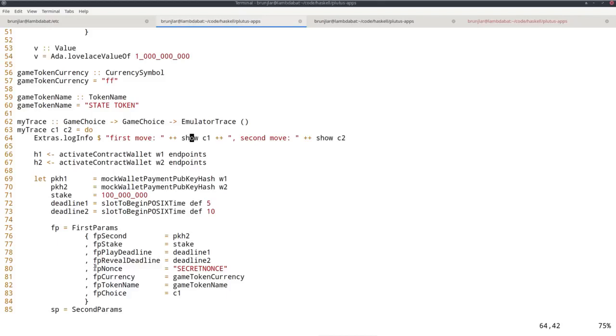Now I define the trace. As I said, the two parameters are the choices by the first and the second player. So I log this. Then I start the contract endpoints for both wallets, get two different handles, one for the instance of the contract running for wallet 1, the other one for the instance running for wallet 2. I look up the two payment pub key hashes belonging to those wallets. I just use a stake of 100 ADA and I arbitrarily set the deadlines to 5 slots and 10 slots,